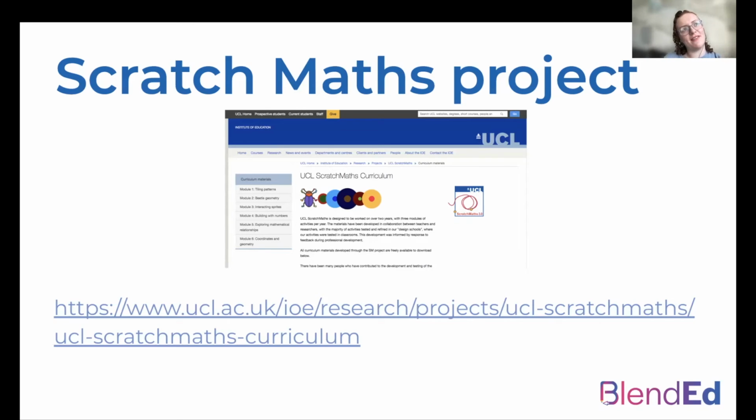It's quite content heavy, to the point that it's almost a bit too content heavy. What I would say about that is it was designed to be used in a research project, so they had to be really careful about exactly how it was being used, which means it's a lot more prescriptive than you would always want resources to be. But what you do find in there is template projects and presentations to use with pupils. I'd say those are the two most helpful things if you're thinking about using these materials with your pupils